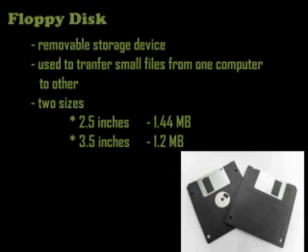There are two different sizes of floppy disks, 3.5 inches and 5.25 inches. What are they? 3.5 inches and 5.25 inches. The 3.5 inches floppy disk can store 1.44 MB data, and the 5.25 inches floppy disk can store 1.2 MB of data. Understand? These floppy disks are not available now. Did you get me?